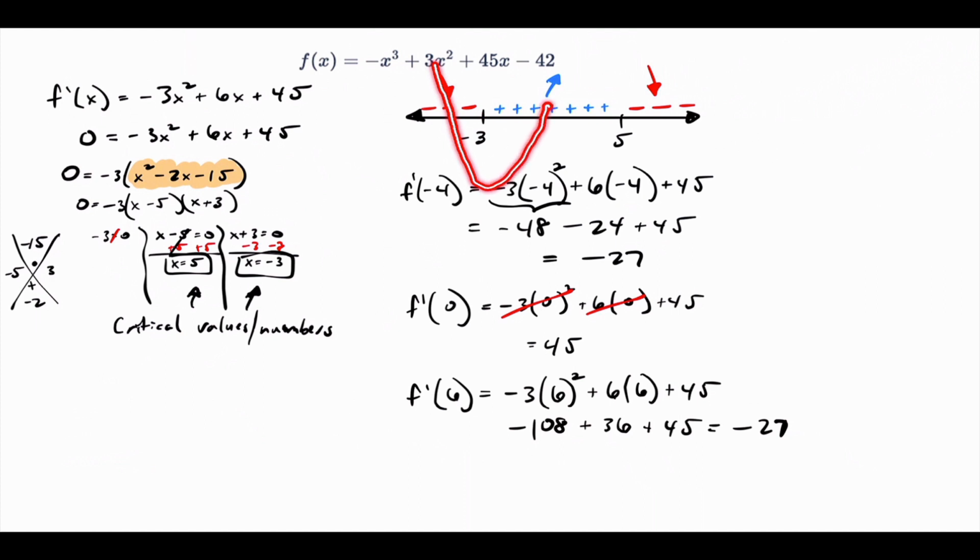That makes a valley. That's what we're looking for, minimum. And then at 5, it changes from increasing to decreasing. So that would be a maximum, right? They didn't ask us about maximums, but